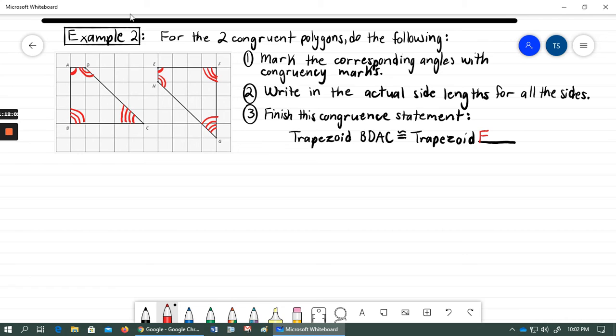Which angle corresponds with angle D? We just marked it. Angle H corresponds with D. Which one corresponds with A? We marked it. Angle E corresponds with A. And then which one corresponds with